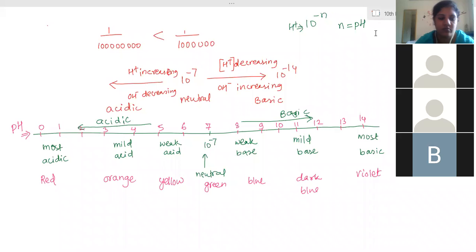Are we supposed to memorize all these pH values? Not needed. Only somewhat range you can remember. For example, they will ask you MCQs. You should be knowing those. Exact values are not needed to remember. At least you can remember which one is a weak acid and which one is a stronger acid. Which one is a stronger base, which one is a weak base, which is a mild base. At least that categorization you can do. You're not supposed to remember the values. Okay, ma'am.